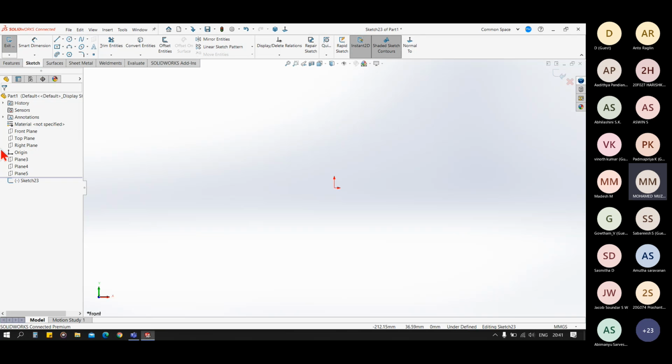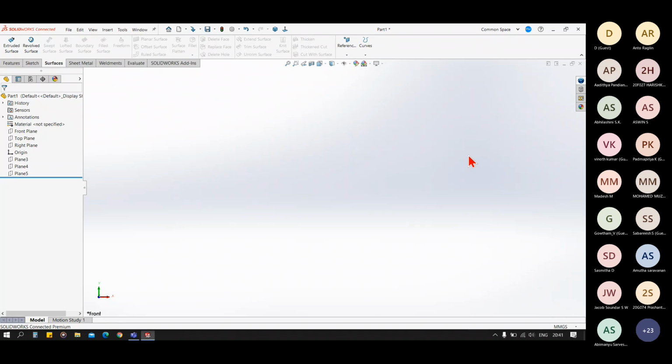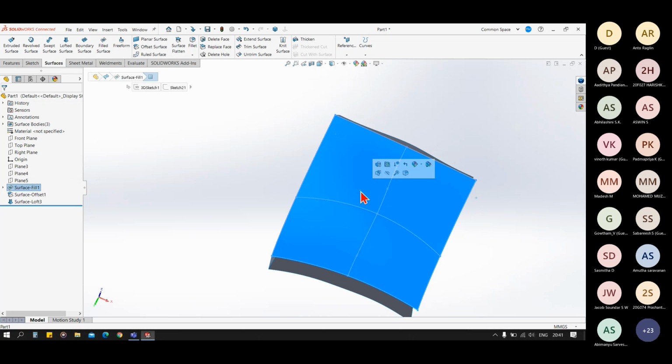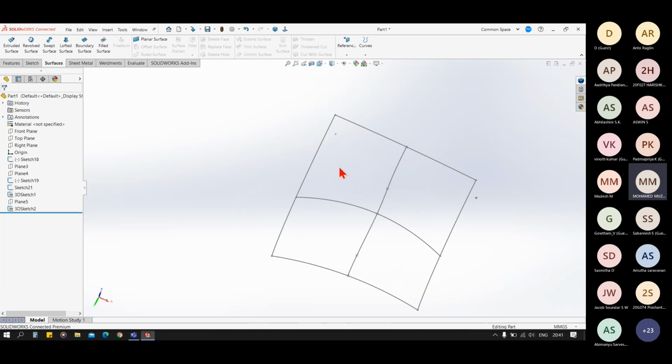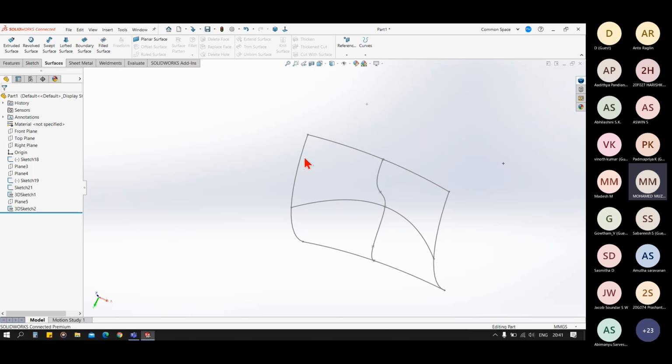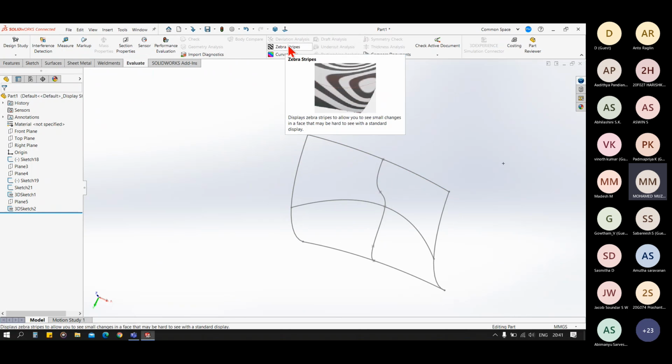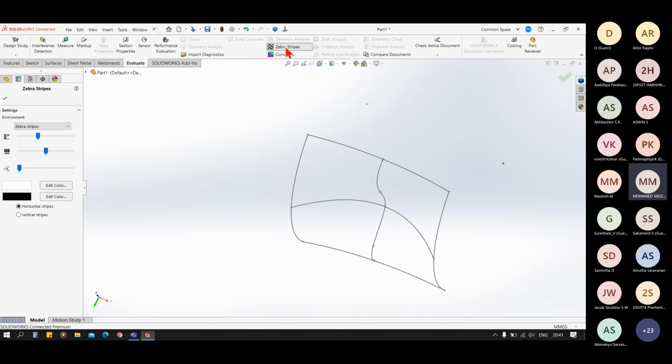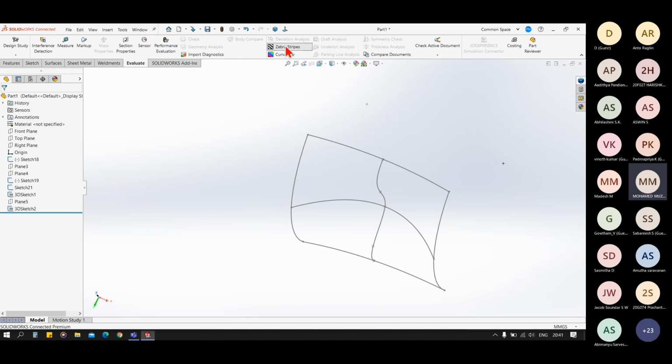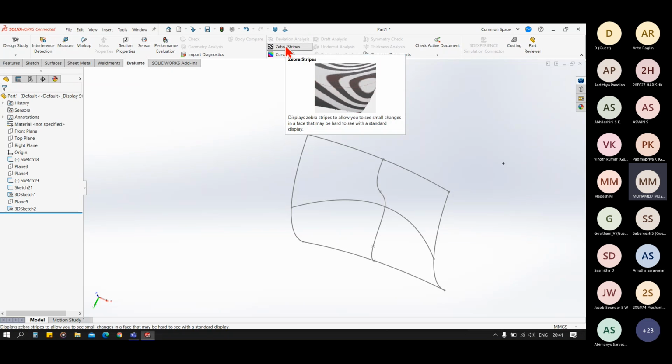So you're saying we have a black colored surface, okay, and how to use the zebra stripes on a black colored surface? No, sir, I'm asking. You said that there should not be any discontinuity in zebra stripes, no, sir. Yes. So how will a perfect surface look like, sir?